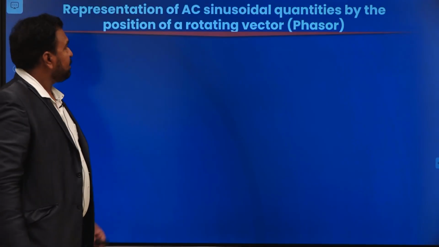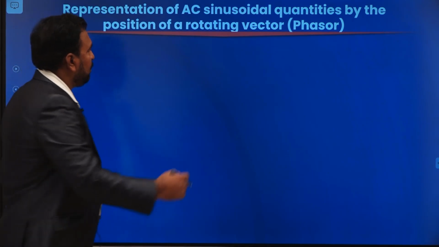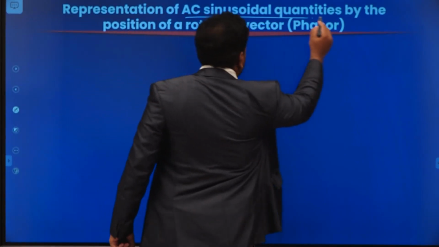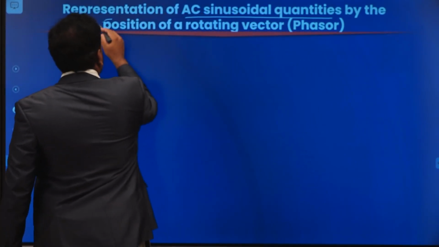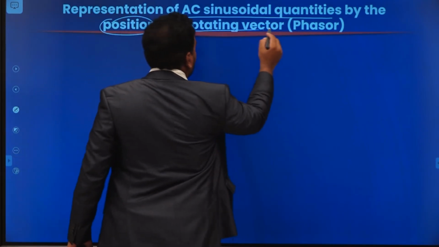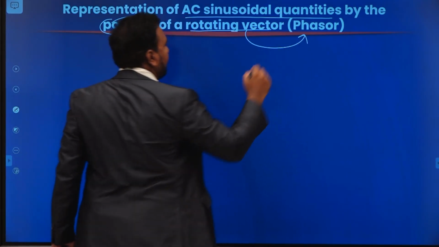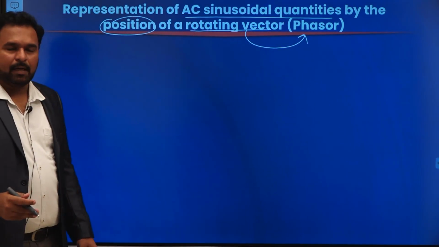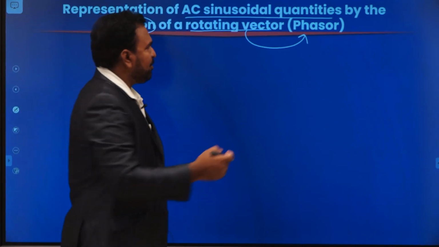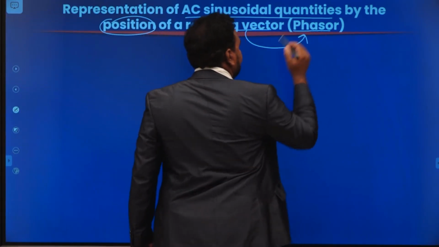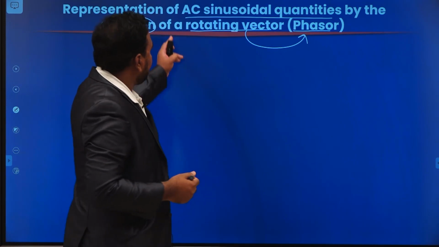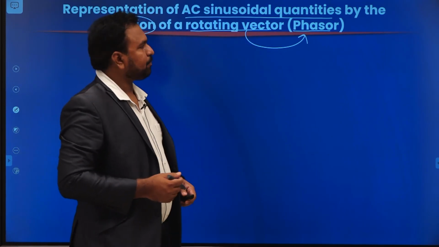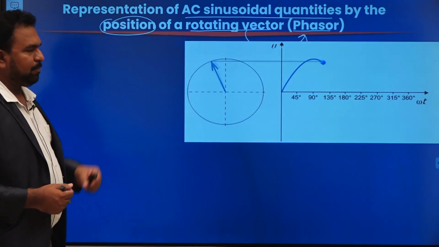The next topic is representation of AC sinusoidal quantities by the position of a rotating vector. This rotating vector is called a phasor. Till now we know scalar and vector. Now we are going to introduce a new term called phasor. So what is a phasor? A phasor is a rotating vector. So if you see the diagram here,